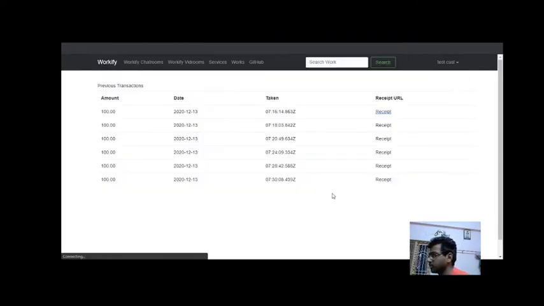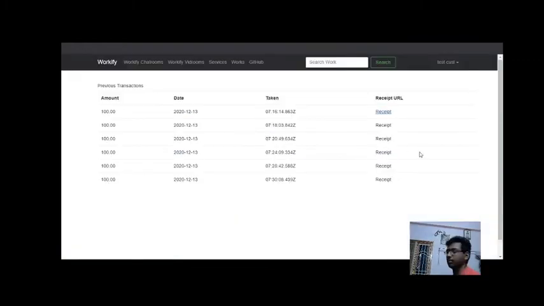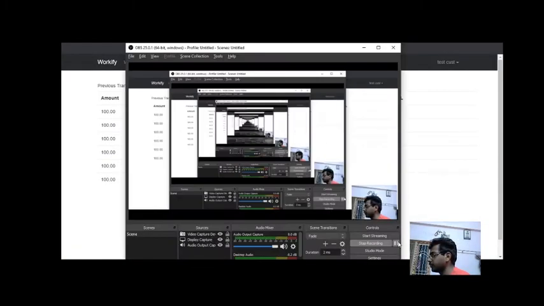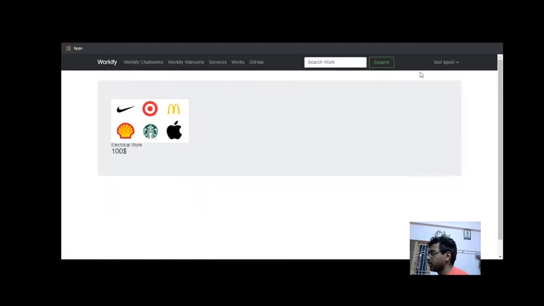So here in customer, these are some of the transactions. These are the test transactions which we have done. We can also get a receipt or invoice like that. Now in the customer, in this field, my works posted: these are the works the customer has posted, as you know. So that has been popped over here. And for the agent, my works done: this work has been done, so it's popped over here.